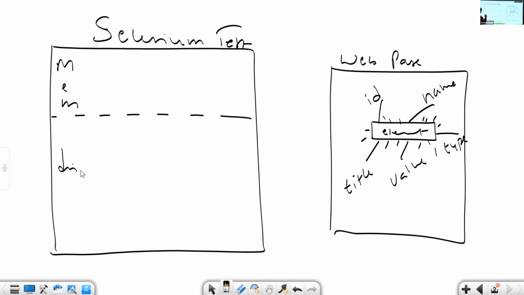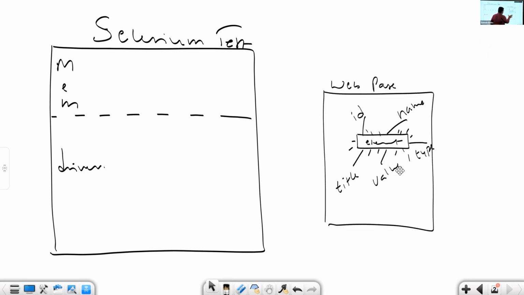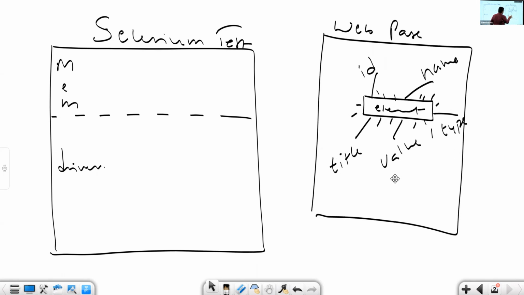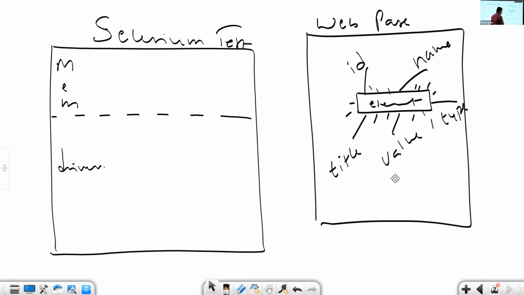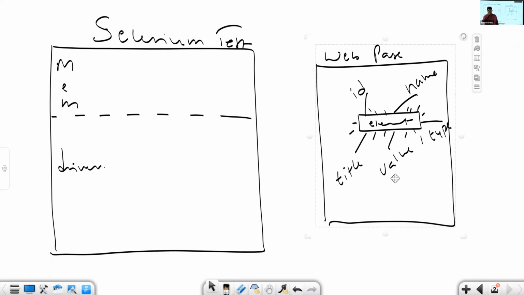Here my code is driver dot. What do you mean by driver? What is driver in this scenario? This page is called driver. Driver equal to new Chrome driver, meaning where is the driver focus? Chrome window, the Chrome browser window. Driver means in the current Chrome browser window, in the current page,